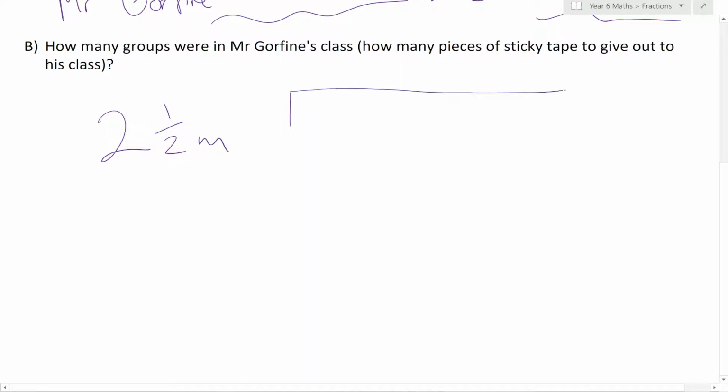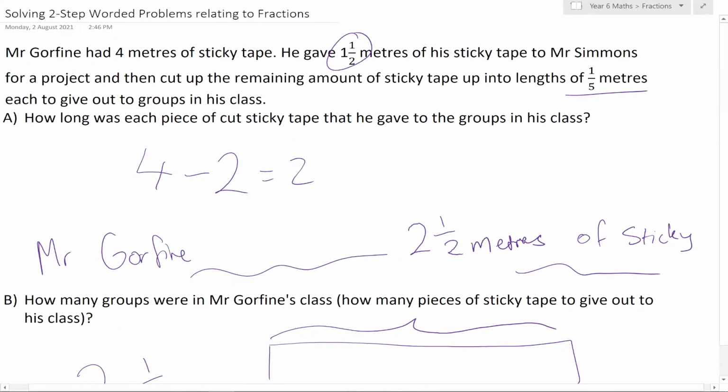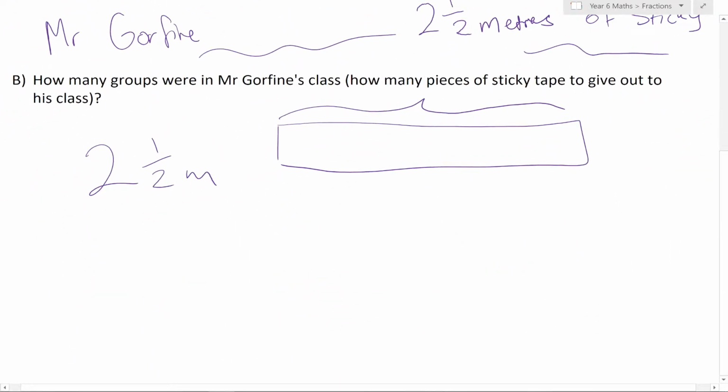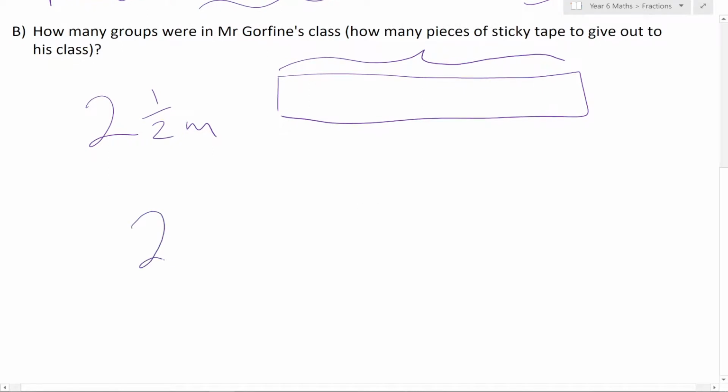So it means I now have 2.5 meters of tape, and I want to break it up into 1/5 meters each. So what we're saying is we have 2 1/2 divided into